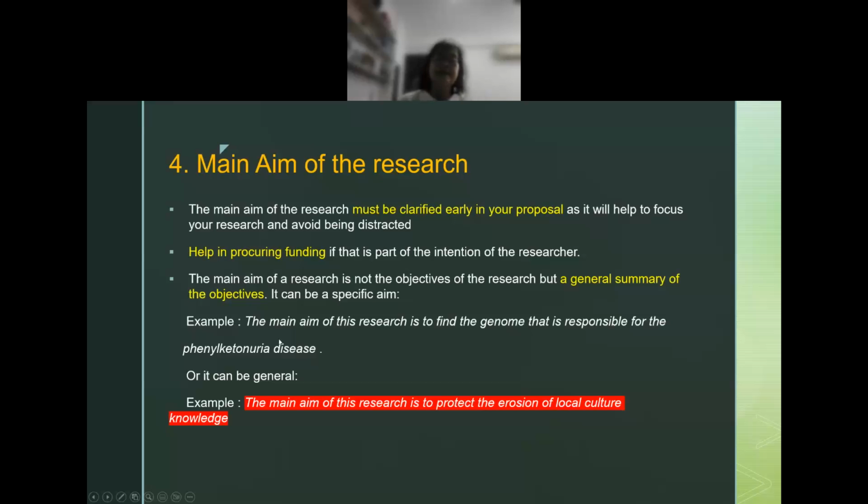Again, I have to tell you, your main aim is a summary of all your objectives. If you cannot summarize your objectives into a main aim, then you actually do not have a main aim, and you don't know what the aim of the research is. If you are very clear, you should have no problems writing your thesis or doing your research.